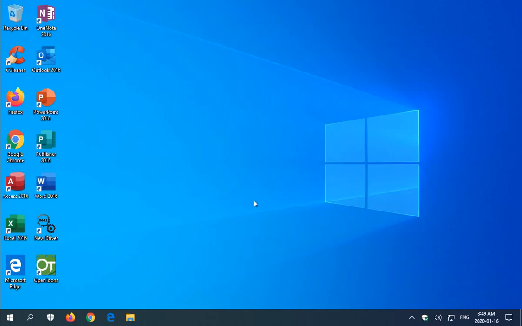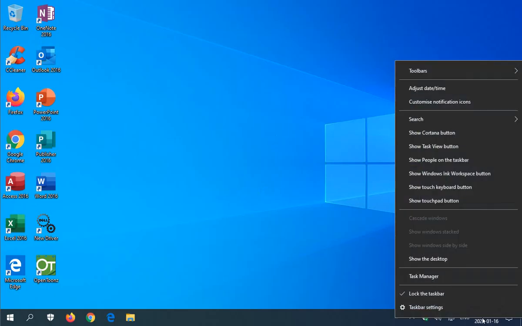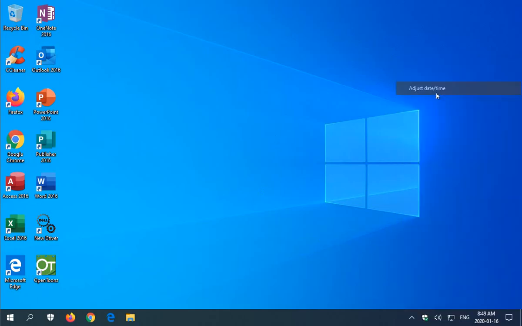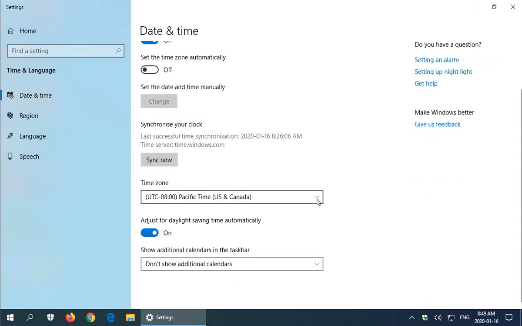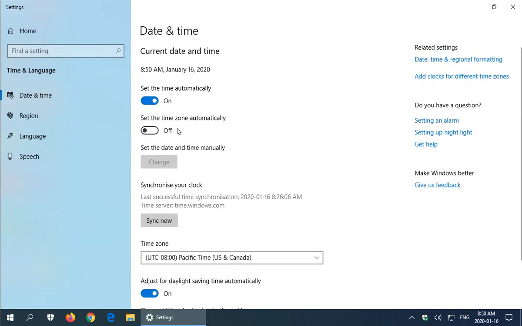That's an optimization there. So also, here's your system time. If you've got a brand new computer, that time may not be accurate, right? So you may want to right click here and go to adjust date and time, right? Here you can do things like choose your time zone, and whether it is going to adjust for daylight savings time automatically or not, right? And